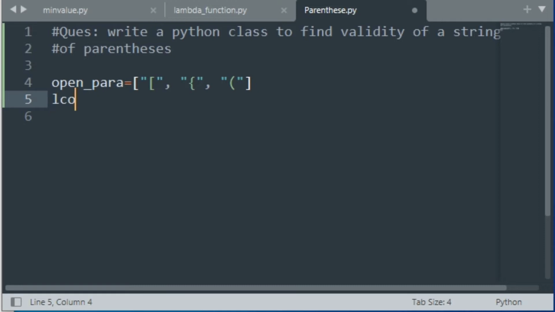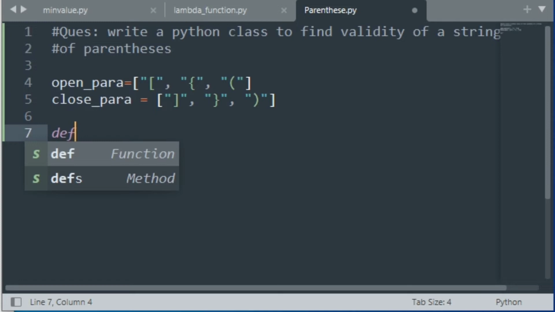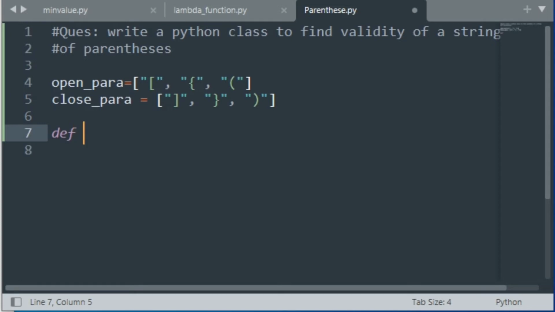After this, let's create an array of closed parentheses. And after this, we are going to create a function to check the validity of the parentheses.